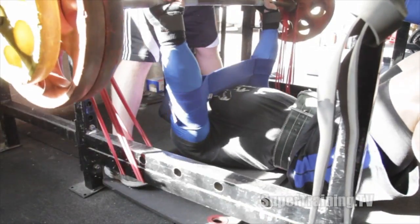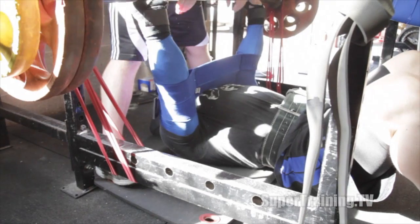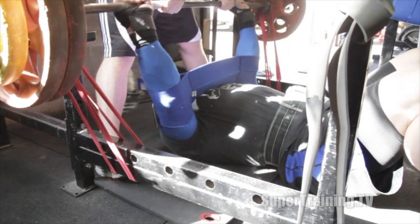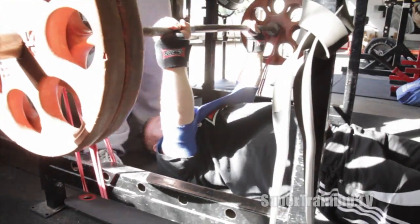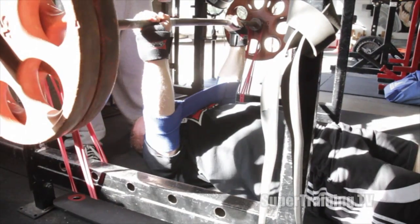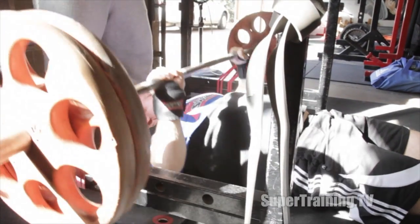Here I am using the reactive Sling Shot. The reactive Sling Shot gives you the least amount of support out of all three of the Sling Shots. It's a level 1. The original Sling Shot, the red Sling Shot, is a level 2. The black Sling Shot, the Mad Dog, would be considered a level 3, giving you the most amount of